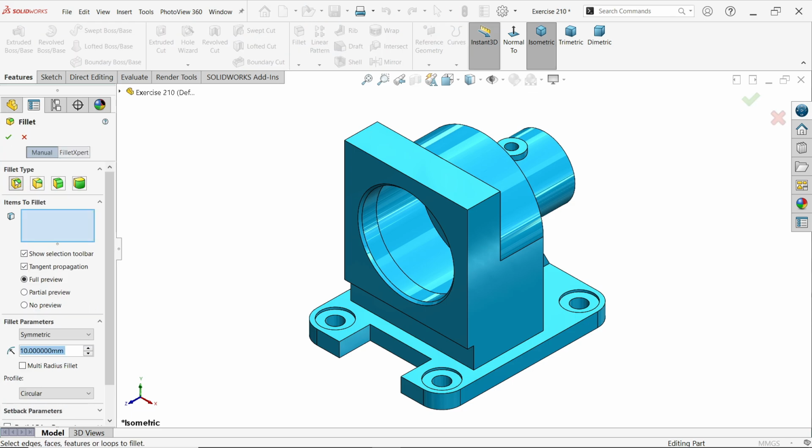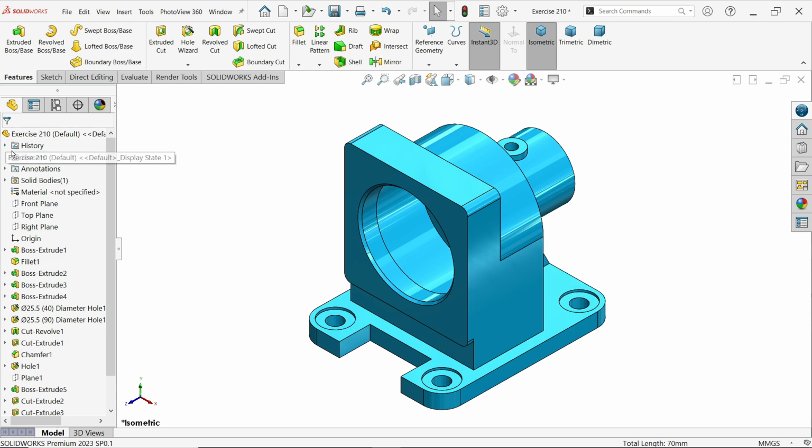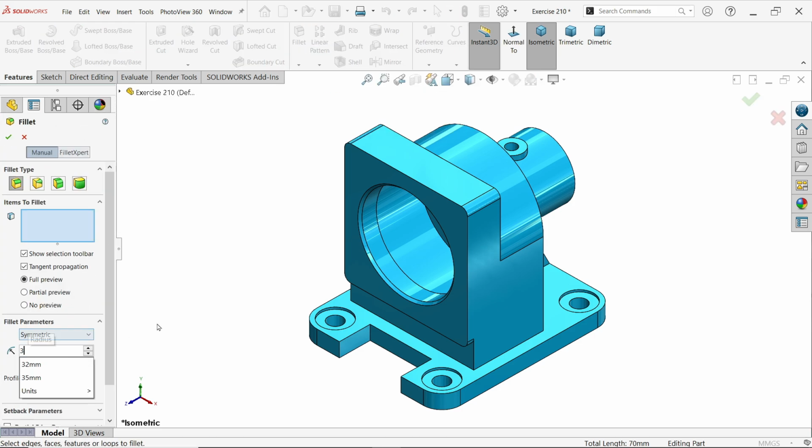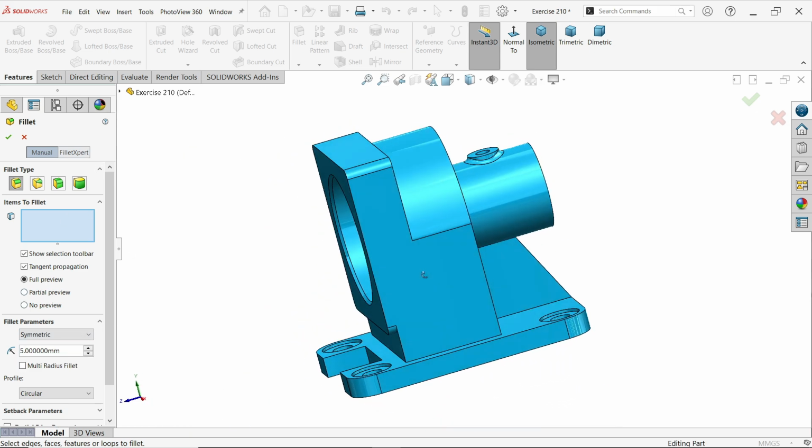Fillet, constant type fillet. Here in symmetric 6 millimeter, and item to fillet I am going to select these 4 edges, because these 4 edges are only 6 millimeter. Rest all okay. Again activate. This time I am going to choose 3 millimeter constant size and only select this one. Now again, this time I am going to choose 5 millimeter constant size and